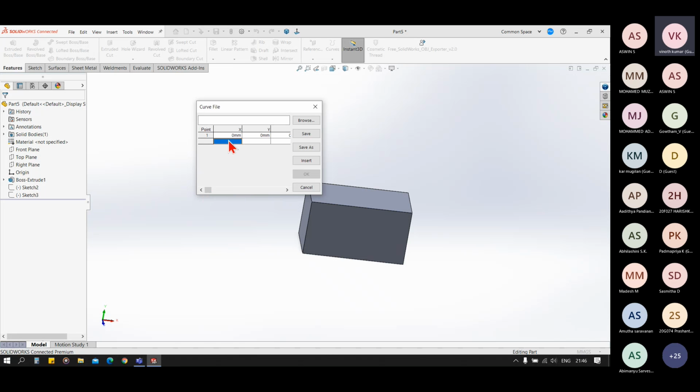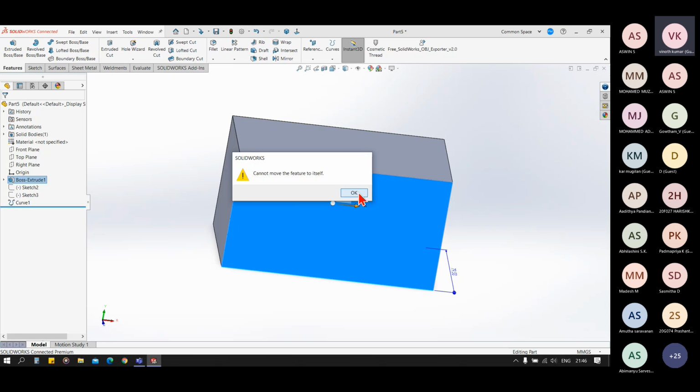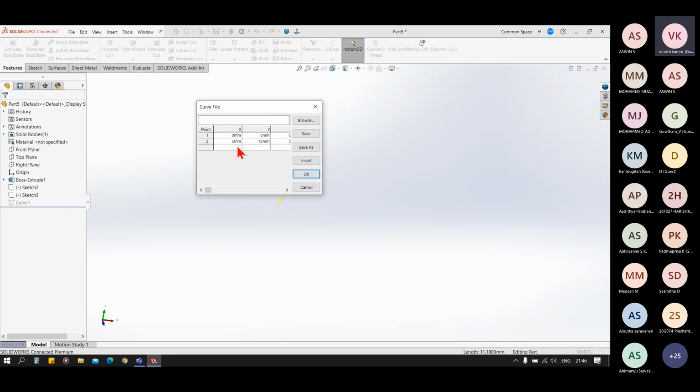Let's keep our first point as 5, second point as 10, third point as -10. Let me hide this body. You can see we have created a sketch using XYZ points. You can add coordinate values to create a sketch out of it.